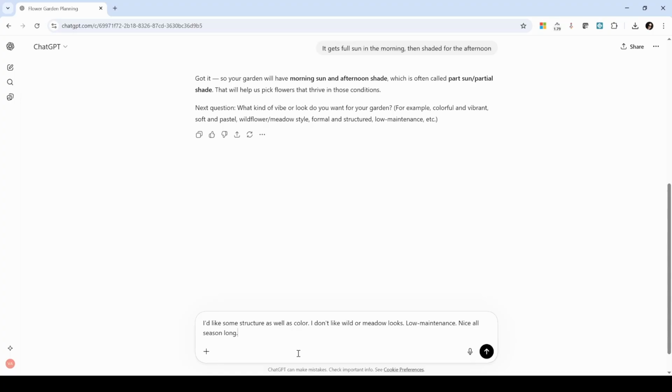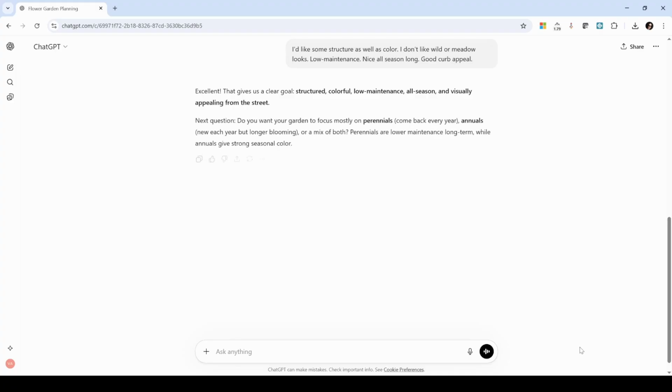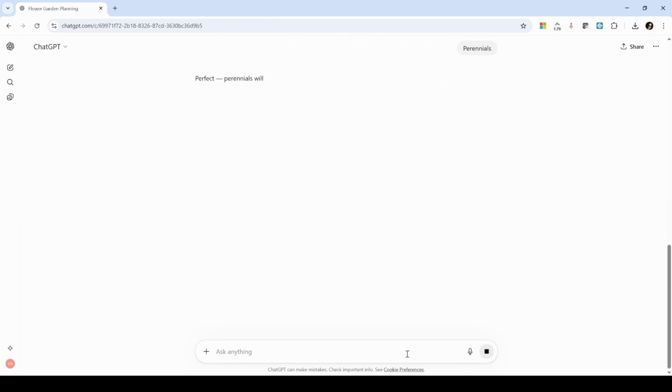So I just said I'd like some structure, some color. I don't like the wild or meadow look. I want it low maintenance, and I want it to look good for the whole season. Next question is, do we want it to be more perennial, so plants that come back every year, or annuals,